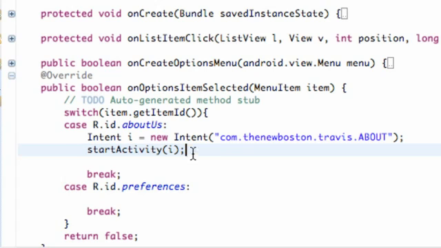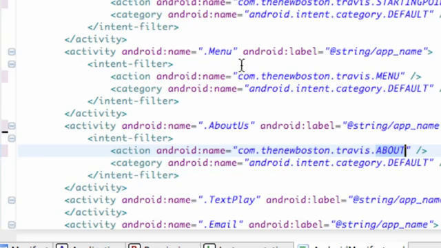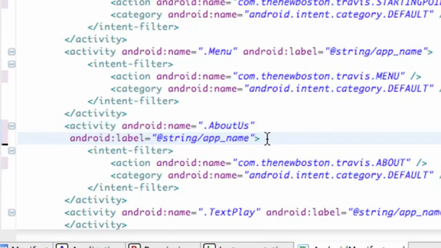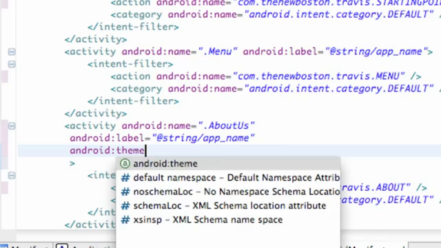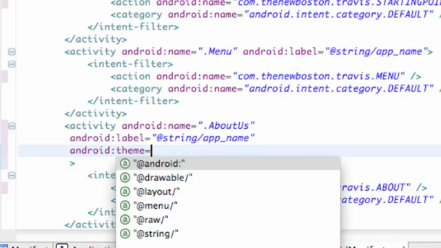All we have to do is define that in the manifest. So we're going to open the manifest up again, and within the opening clause of our activity here, we're going to add one line to this. So I'm just going to separate that, and we're just going to add one line, and it's going to be referencing something called a theme. So we need to set that up by saying android:theme, and then that equals,